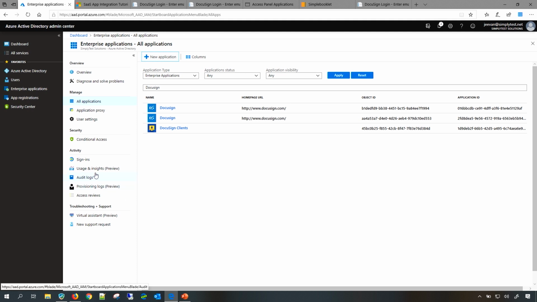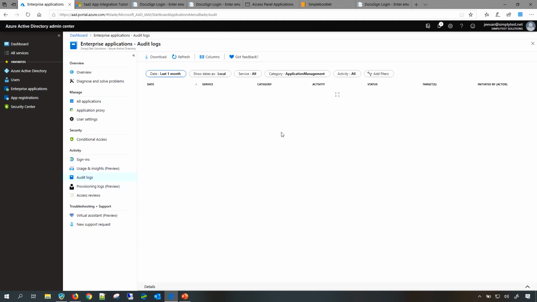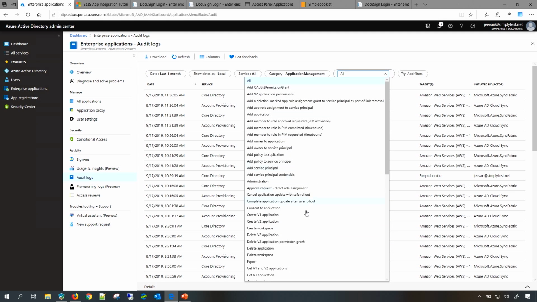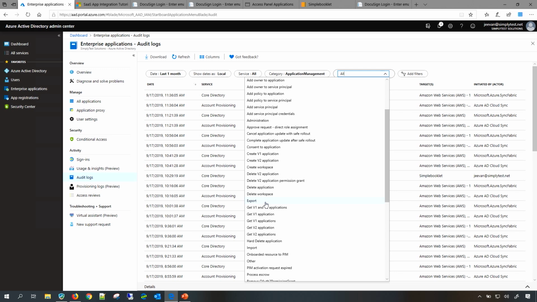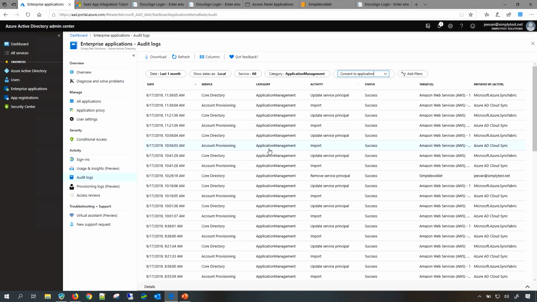One more thing which we talked about is the audit logs. As I said, on the audit logs, if you look at the activity consent to an application, that shows where the different consent applications have been added into your tenant. When you click on this consent to an application, it will filter down all the audit logs to show only that particular activity. So you should be doing this on a monthly basis so that you can see the different set of applications which have been added into your tenant in the last one month. Let's go back to our slides one more time, and then we will proceed further.